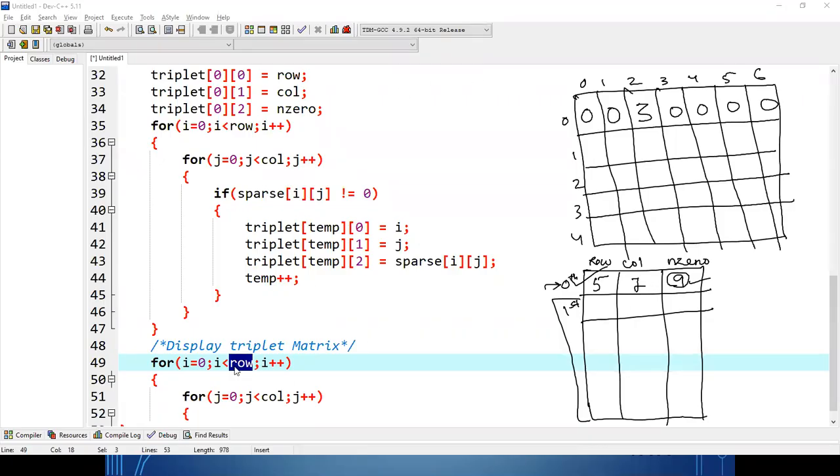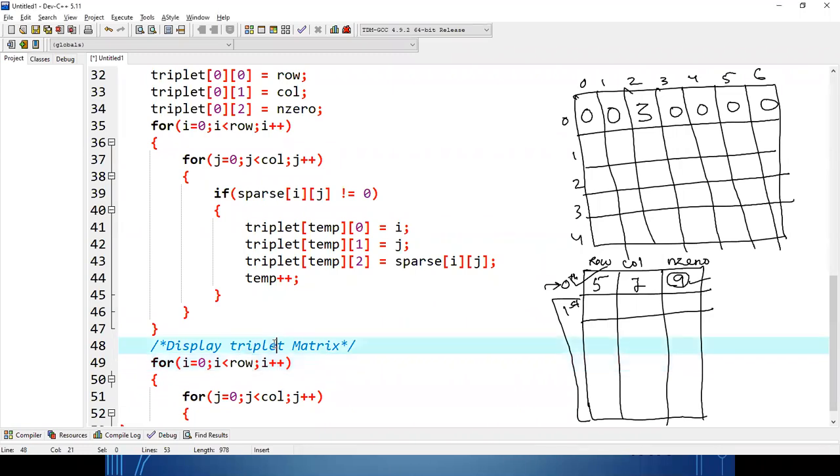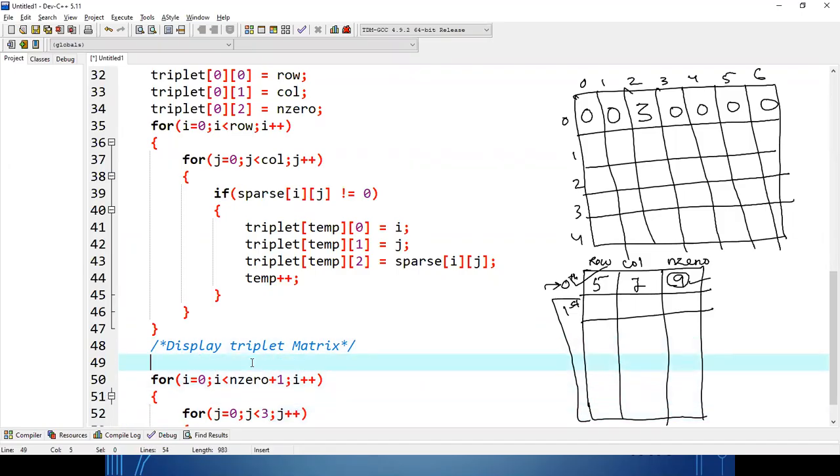So i equal to 0, i less than non-zero plus 1. Similarly, the column will start from 0, but we know there are a maximum of 3 columns. Clear? So printf: values of triplet matrix are.